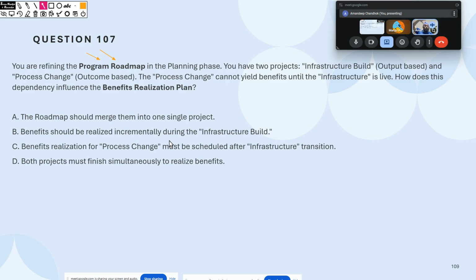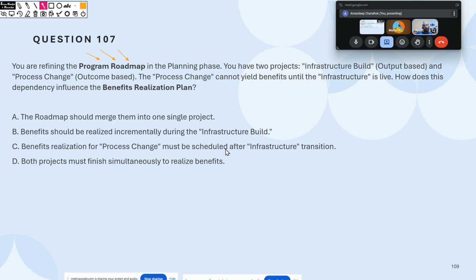You're looking at the 10,000 feet level. If you're trying to understand what the different components within my program are, what the key milestones I'll be achieving by executing those components are, and what the interrelationship between them is, the program roadmap is a graphical representation of that.